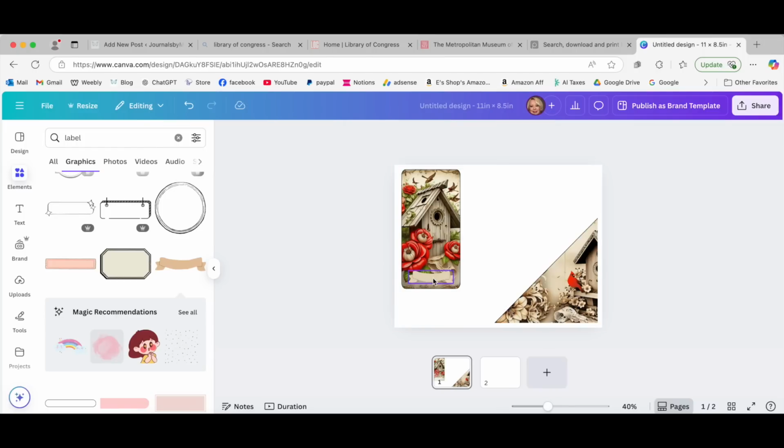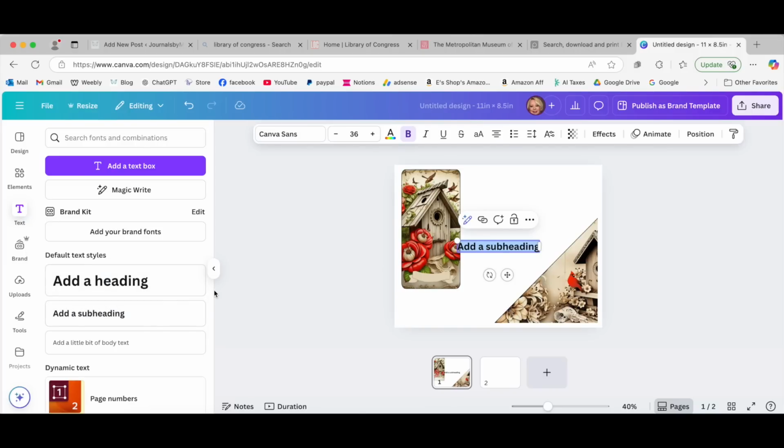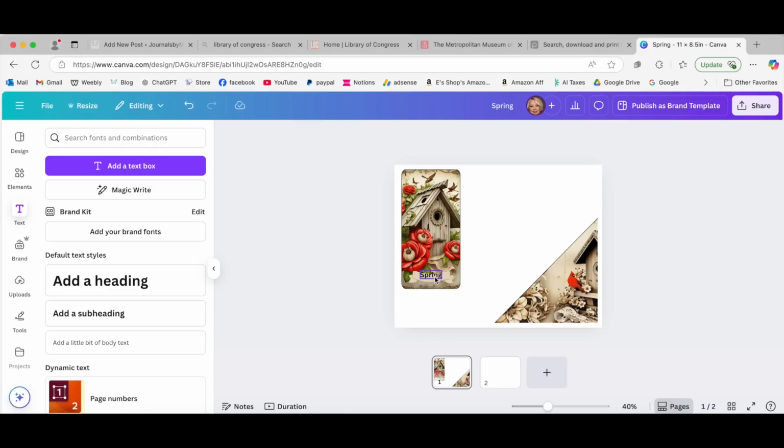And then you could fill this in with words if you want. Let's just say, spring. And then, of course, this is going to have to be shrunk down. So go up here to your size on your fonts. Just shrink it down. And I click off so that I can see it, and so click off of your page, and then it takes the little frame around it and you can see it